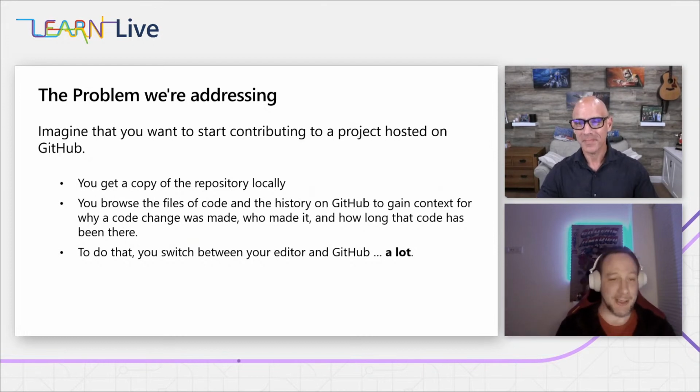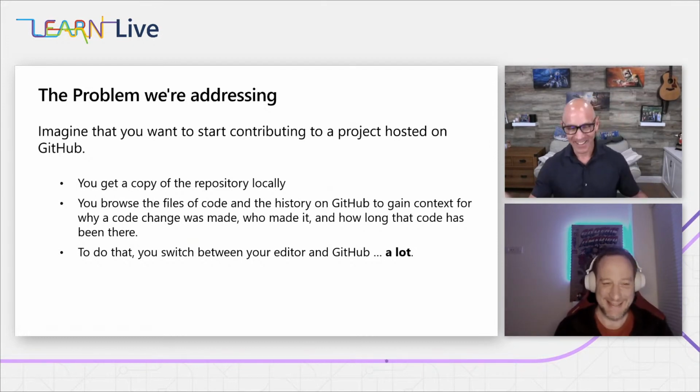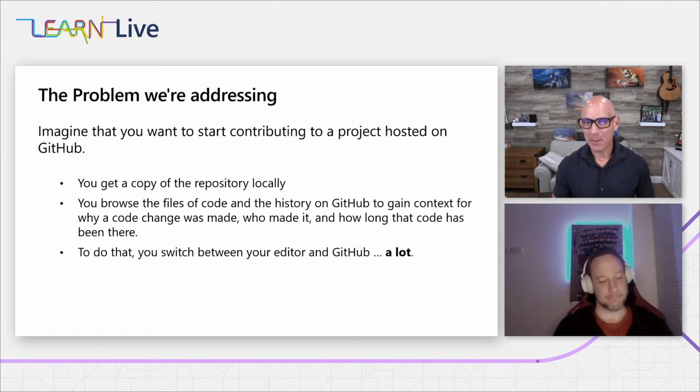Using VS Code and clicking around for now. Yeah, that's because it's easy, right? Before VS Code, we had to use command line tools to do this, or go between the browser and the command line and back and forth.